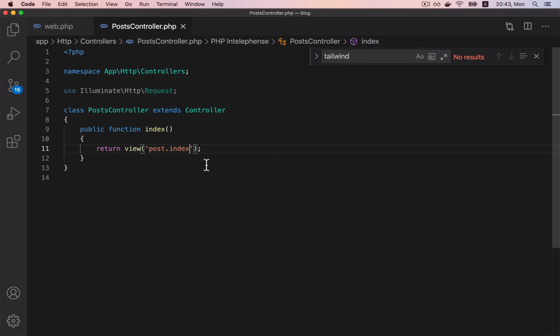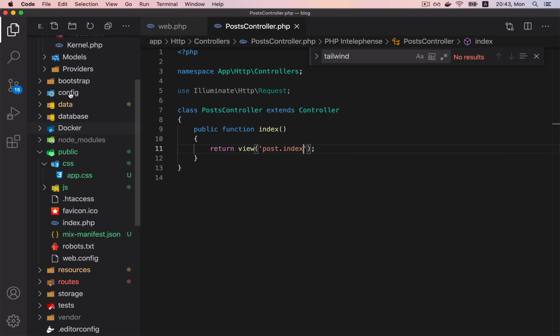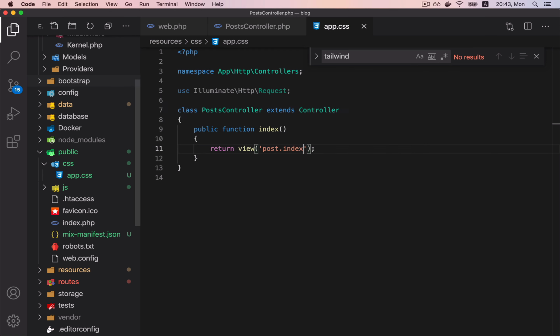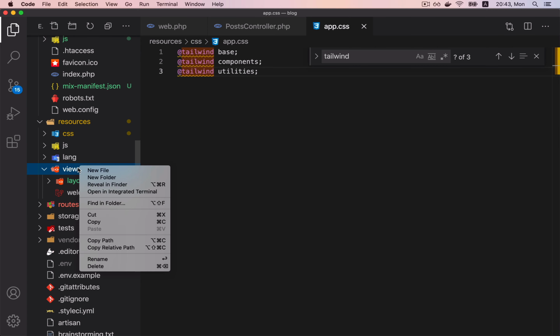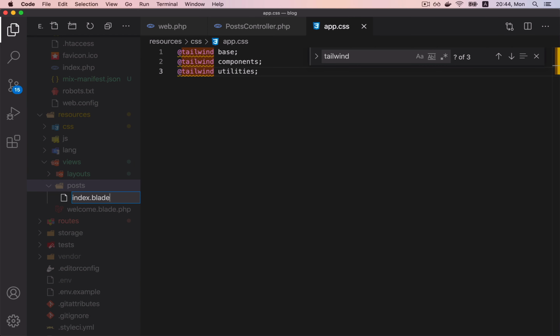So let's create this view. So I will create a new folder inside resources. It's right here. Views, new folder, posts, and inside it I will create a new file and call it index.blade.php